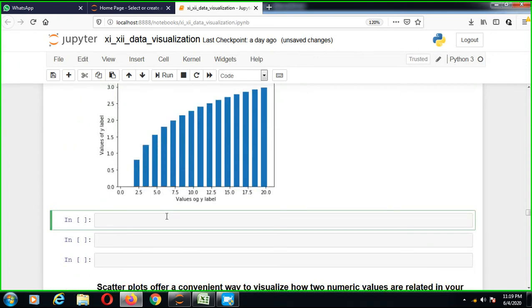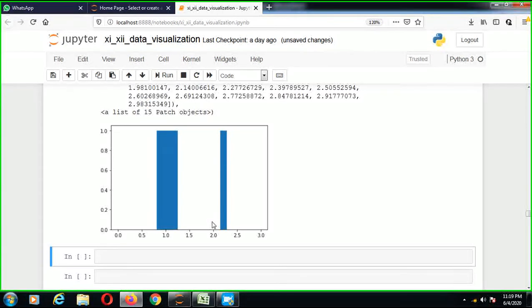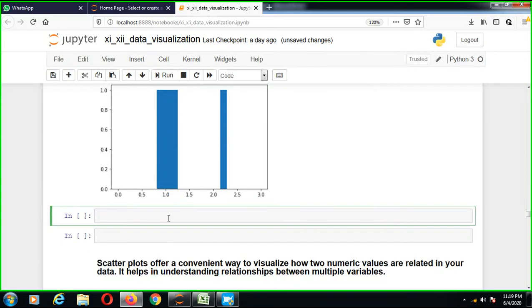Suppose plt.hist, and then a, b, then you can see that a histogram is here. Clear? So according to this, suppose I'm making a different type of chart.